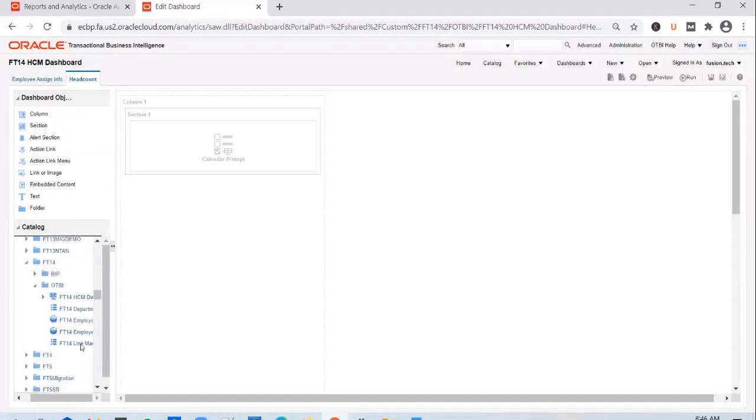The dashboard, you have to add the dashboard prompt. So now the OTBI page is referring to the custom prompt that we have created.